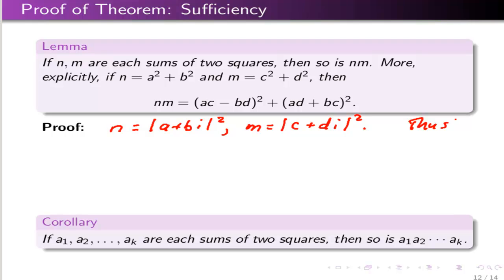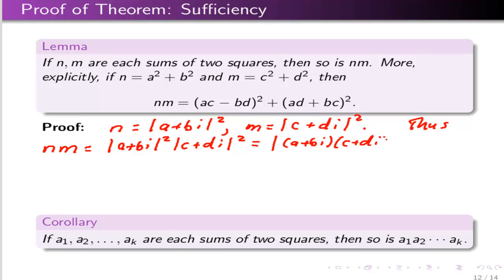Thus the product is the absolute value of a plus bi, squared, times c plus di, squared, and that's the same as the absolute value of the product, by the multiplicative property of absolute values. And when you carry out that product,